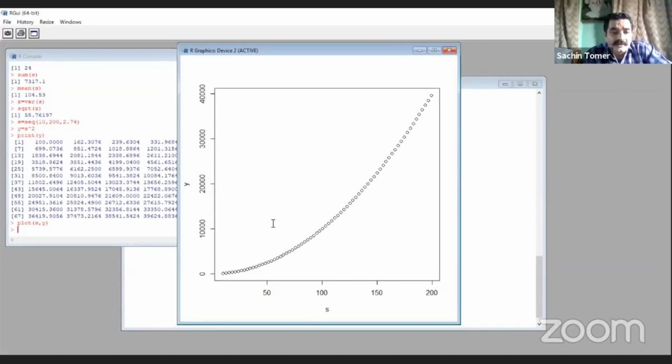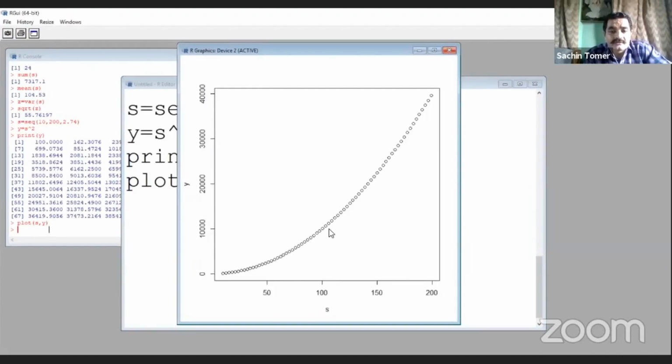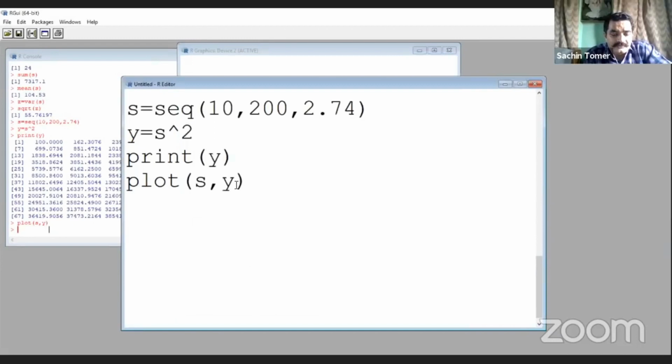One more thing, you can change the color of this graph also. You can make it prettier. For changing the color, in the plot command we have to write comma col, col means color, equal to, and in inverted commas write red.